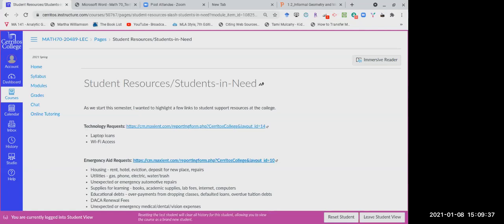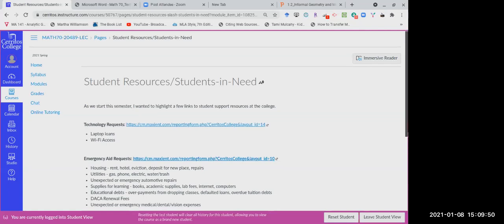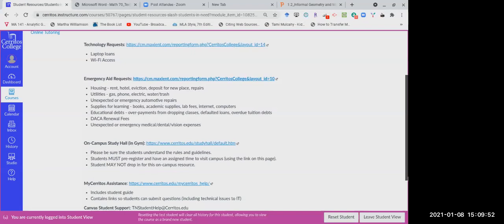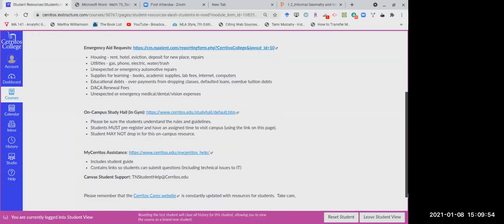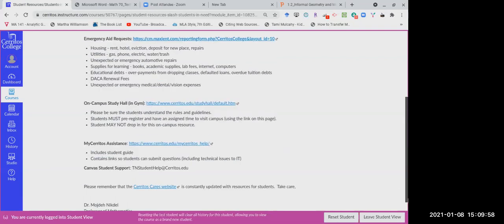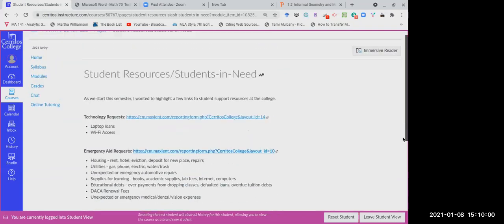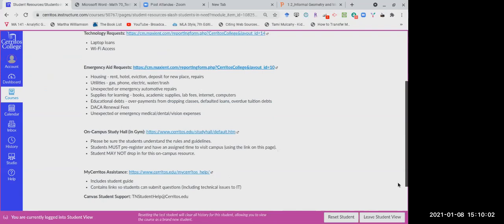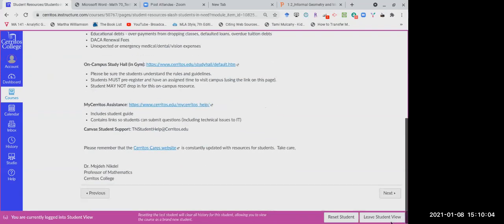If you have other aid requests, if you're having difficulty with your rent, or you need food or other things, you can look at the links down below here, and Cerritos has set up help for you. There's also links to other forms of assistance that are available on campus. So that is here for you.